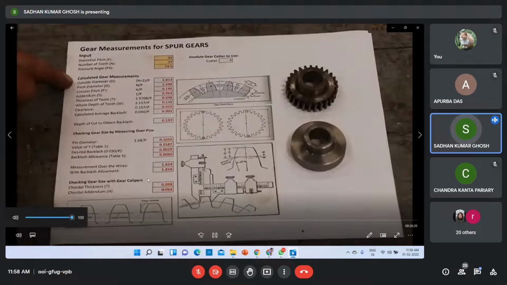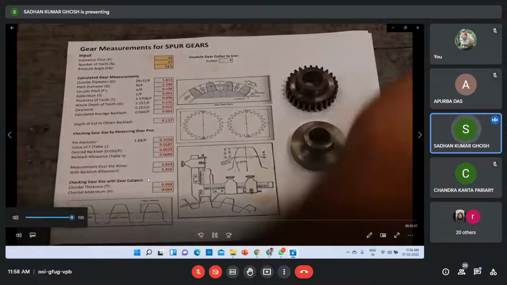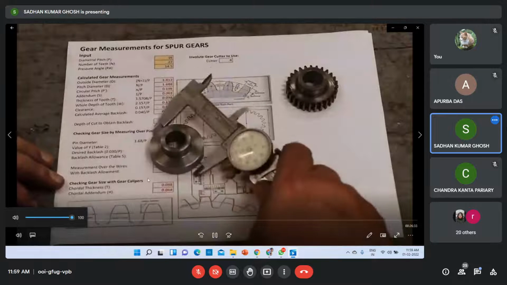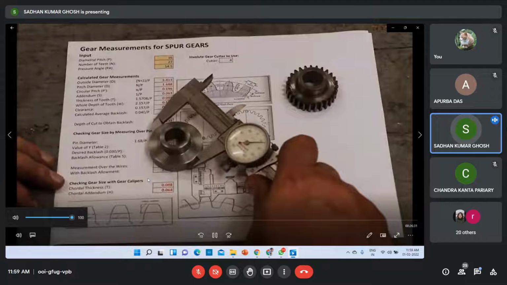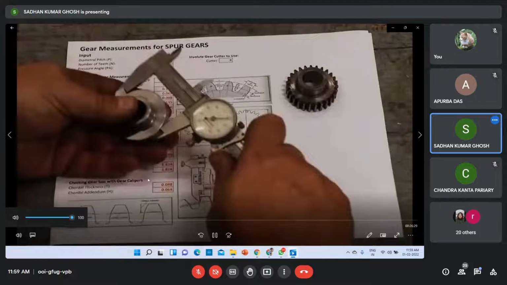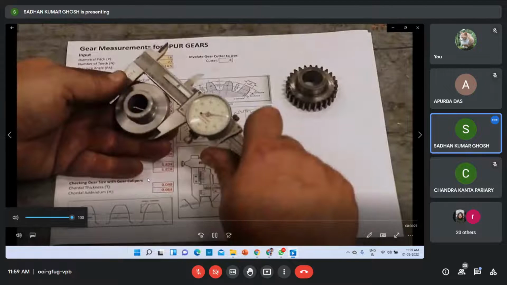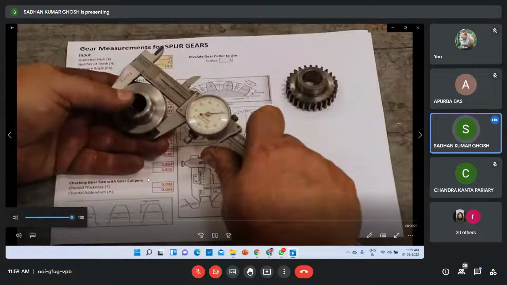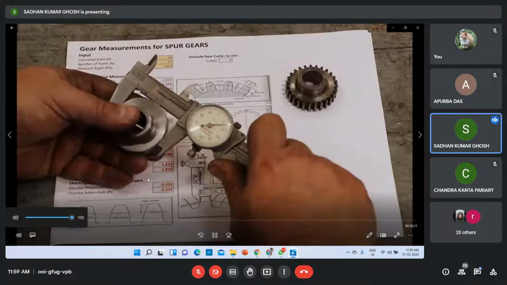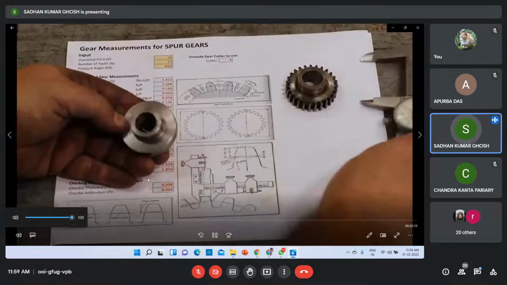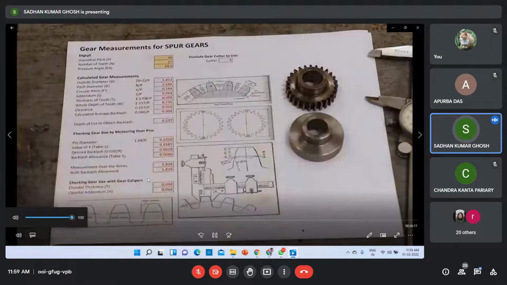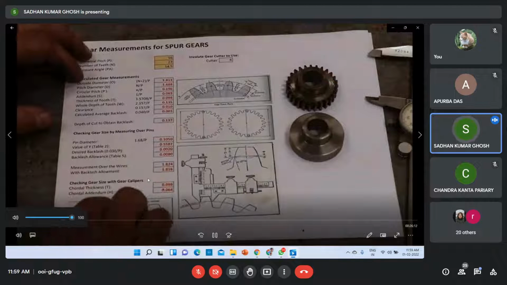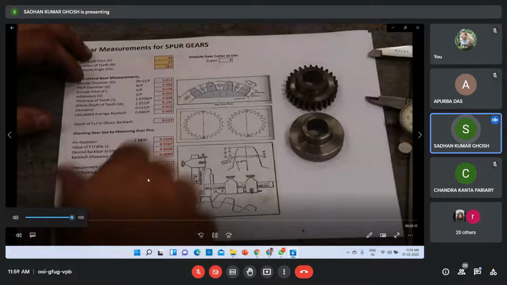We know the outside diameter should be 1.813, and measuring this with the calipers, I'm getting 1.812 and a half, probably depending on where you put it, but it's right on the money. It's good enough for what we're doing. So that looks good. This tells me what cutter I need to use.